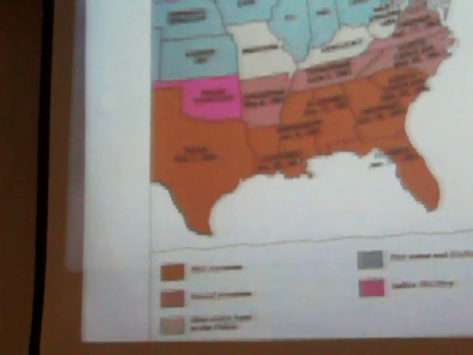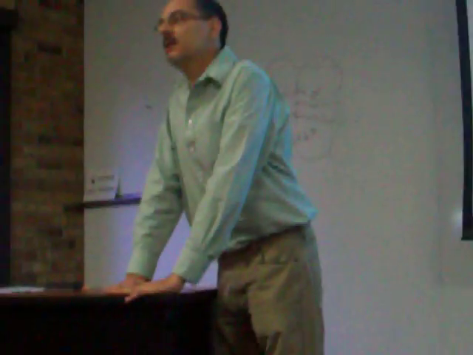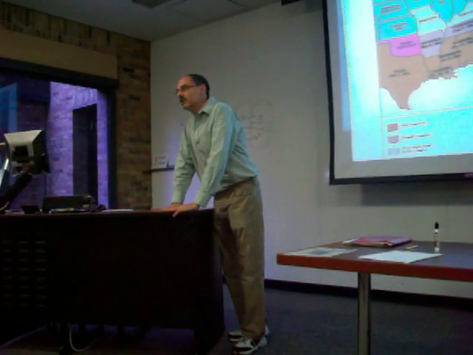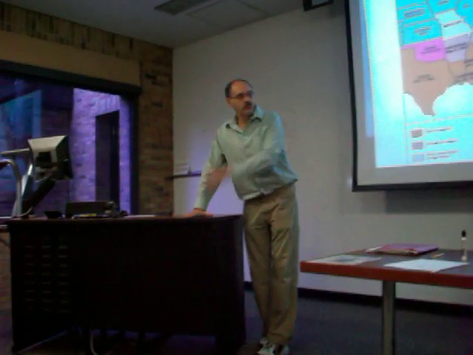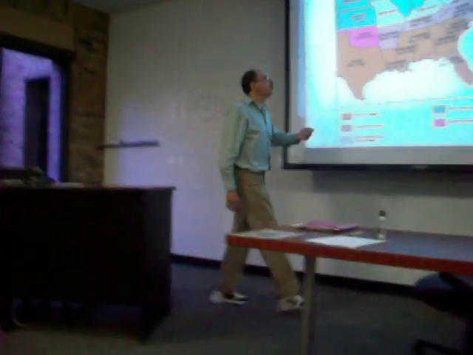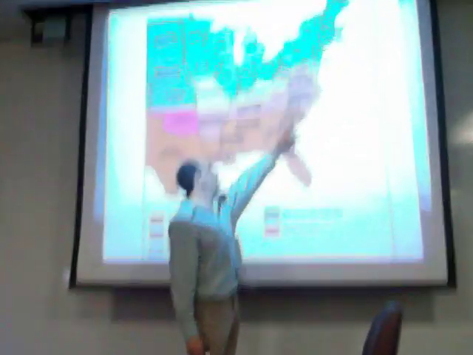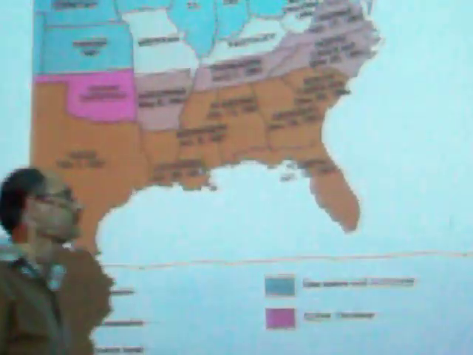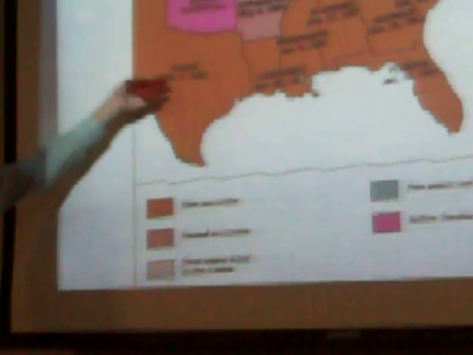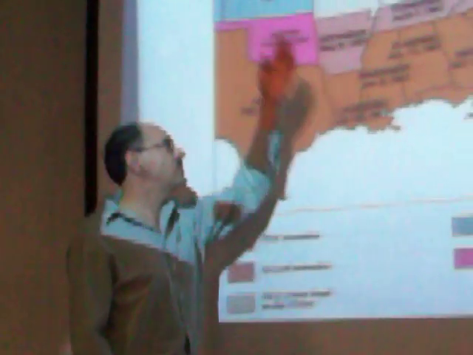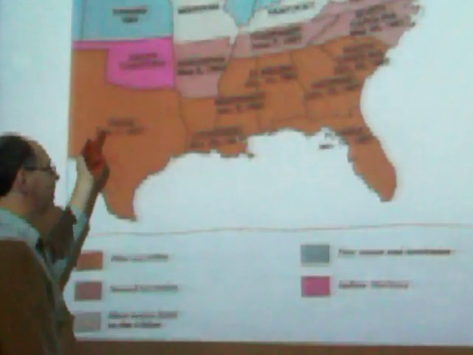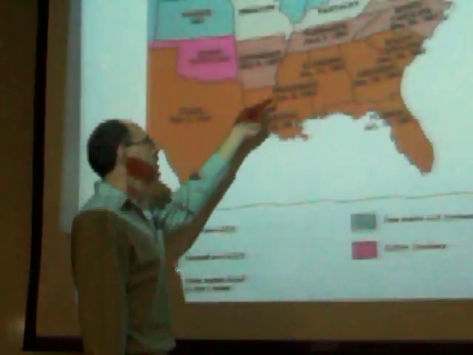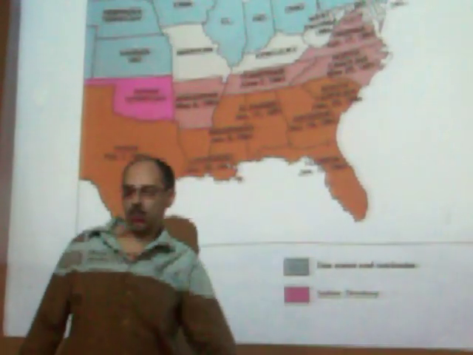But the man who's responsible for doing nothing is James Buchanan, who was in the process of being impeached when he left office. Okay, so there's nothing Lincoln can do when South Carolina secedes from the Union December 20th, 1860. And then by February, all these 7 states from South Carolina to Texas have all seceded from the Union. 1, 2, 3, 4, 5, 6, 7.